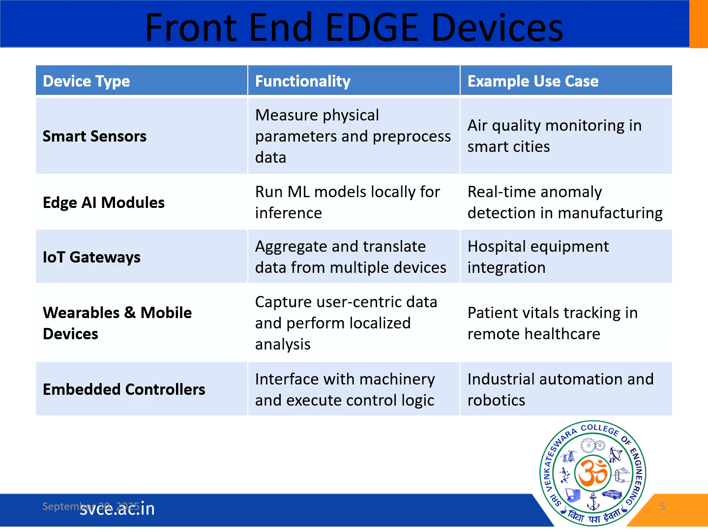So next front-end devices, we have IoT gateways. So we have aggregate and translate data from multiple devices. So this can be used in hospital equipment integration and so on. And moving on to the next type, we have wearables and mobile devices, which is used to capture user-centric data, and it can also perform localized analysis. When you consider wearables and mobile devices, patient vitals tracking can be considered here, and it can be done